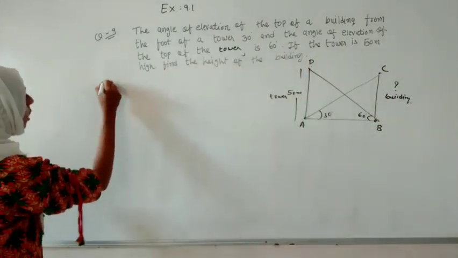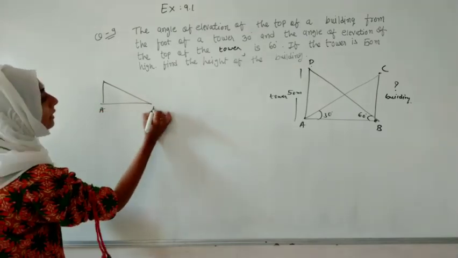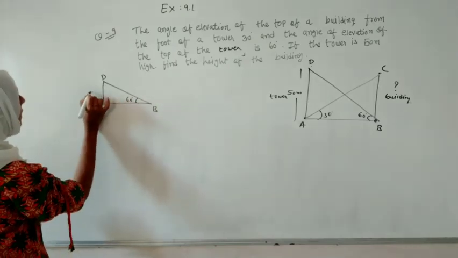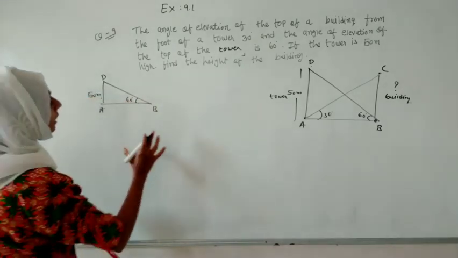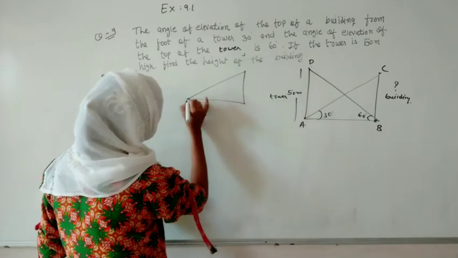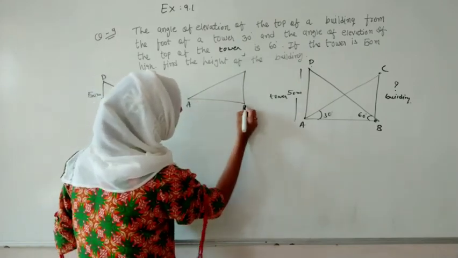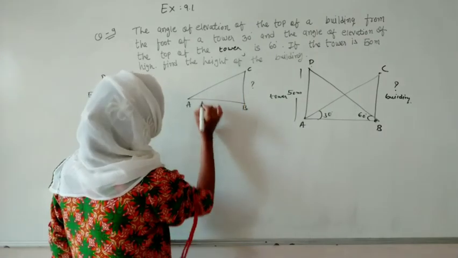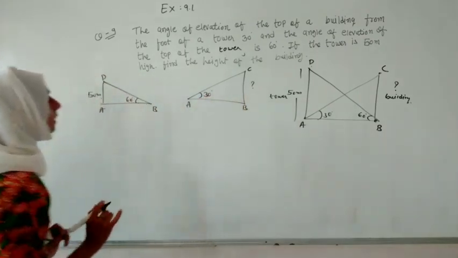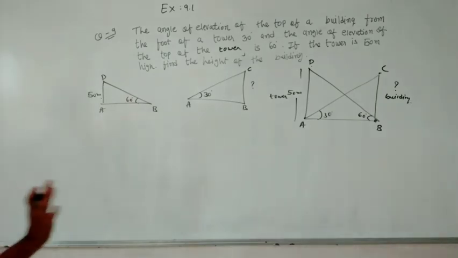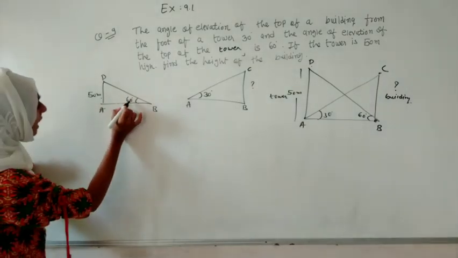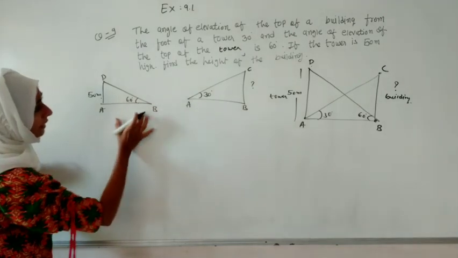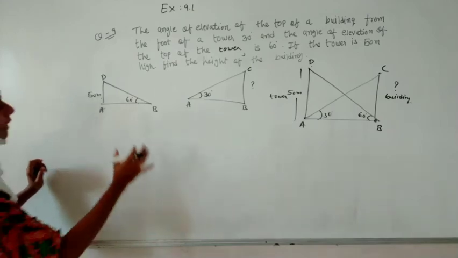So here we have to talk about two triangles. One triangle is ABD, in which this angle is given as 60 degrees and this side is given as 50 meters. And in the second figure we have to talk about another triangle, that is ABC, in which we have to find this BC, and this angle is given as 30 degrees. So what kind of option do we have? Let us find. If theta is here and we don't know anything, both have AB in common, and here 45 is not given.